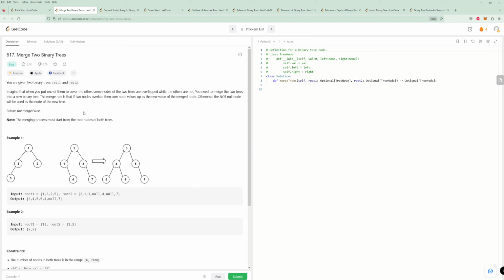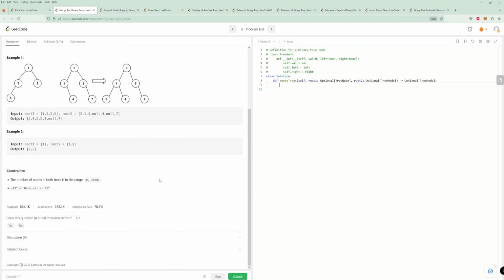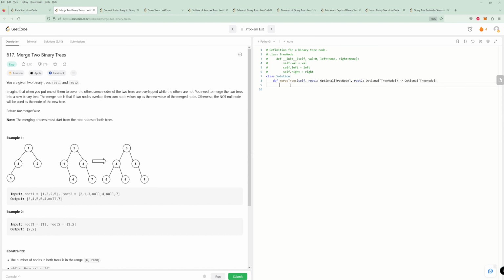Alright, merge two binary trees. Imagine when you put one of them to cover the other, some nodes overlap. Okay, so we're just going to be making new nodes here, so this is pretty straightforward. What we need to do is just another helper function, and we'll call the parameters something else, so root A maybe, root B. So if one of these exists and the other one doesn't,